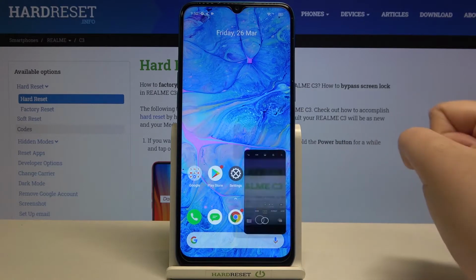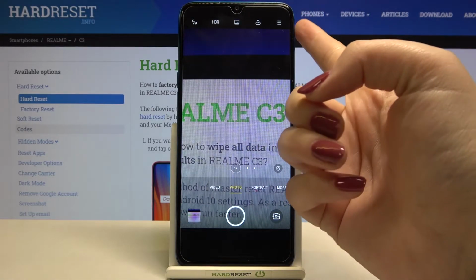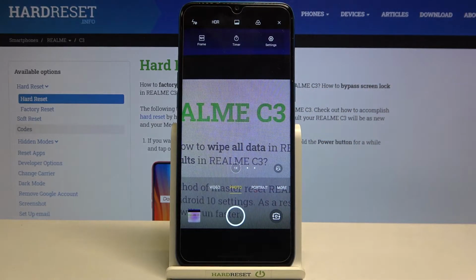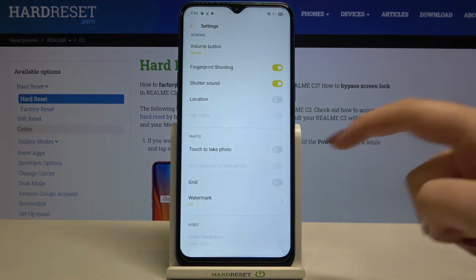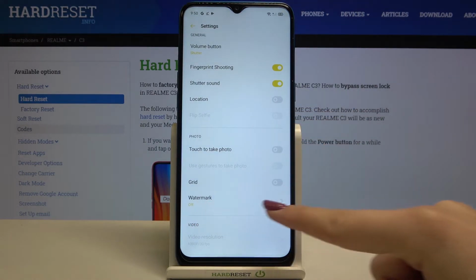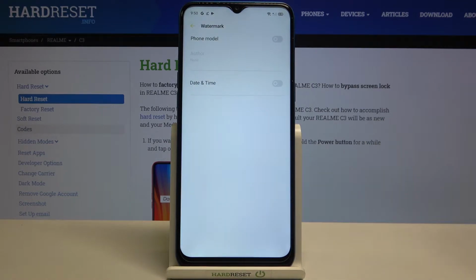So firstly we have to enter the camera app, and since you are on the photo mode we can tap on this 3 bars icon in the right upper corner. Now let's enter the settings, let's tap on it, and as you can see in the photo section we've got the watermark option at the very bottom of this section, which is right now turned off,